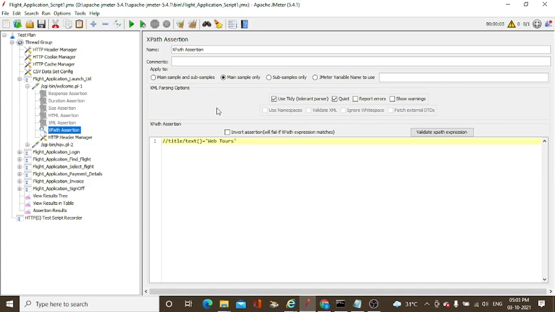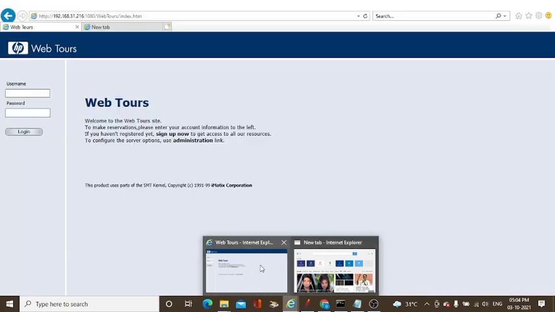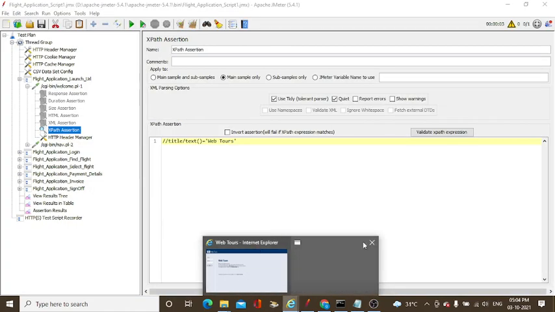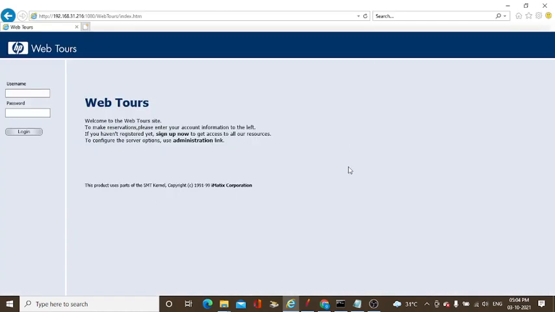Now, from the XPath assertion point of view, how do you take this? The title text is called Web Tours. For example, this is the Web Tours application.